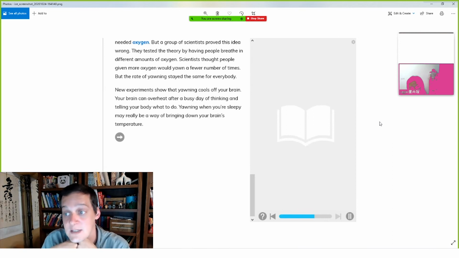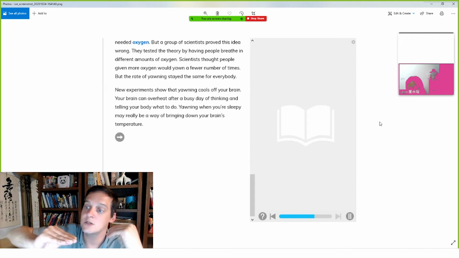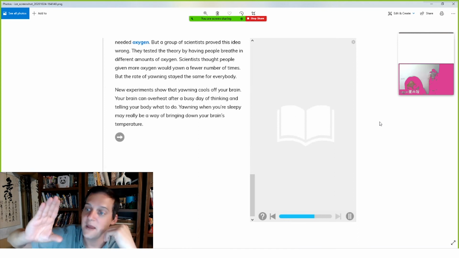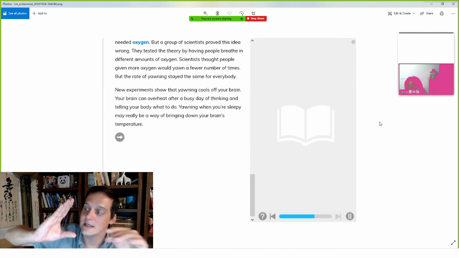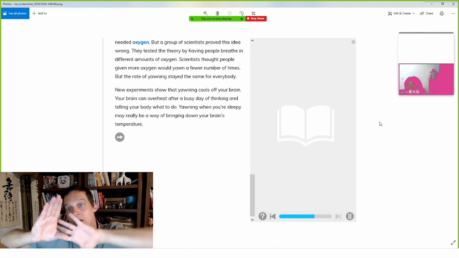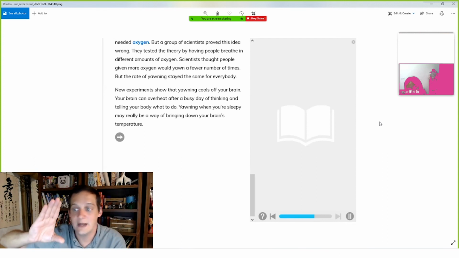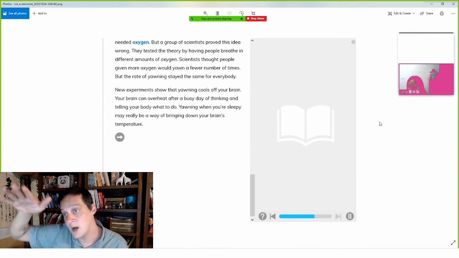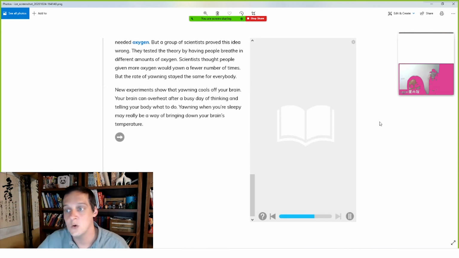Alligators kind of do something similar. Sometimes you'll see the alligator, when they get too hot, they'll go onto the land and open their mouth. They actually open their mouth because they're letting the heat go out. When the alligator feels very hot, all that hot air goes out and it helps them to cool down, brings their body temperature down so that they can be cool. It's kind of similar for us.